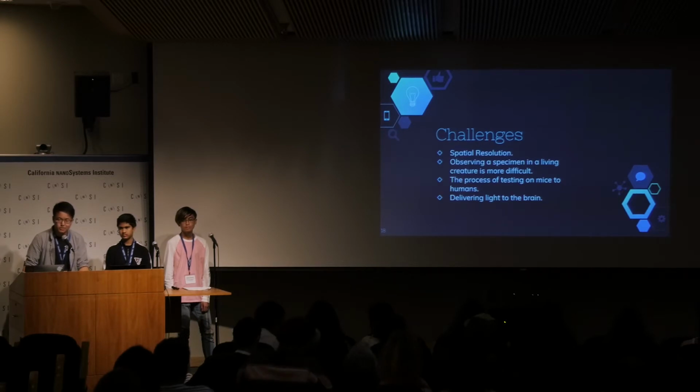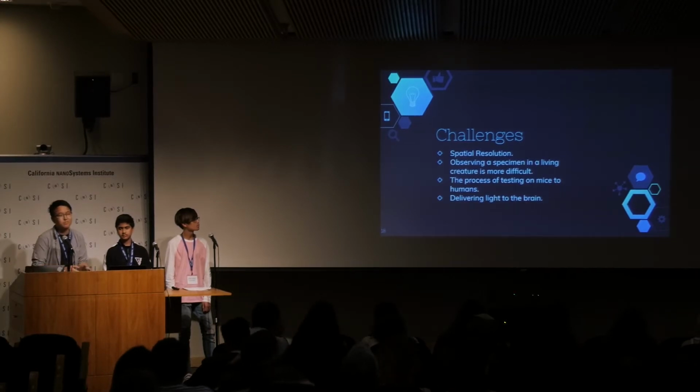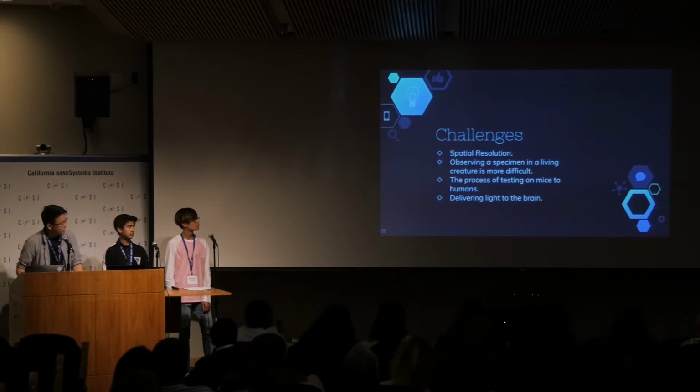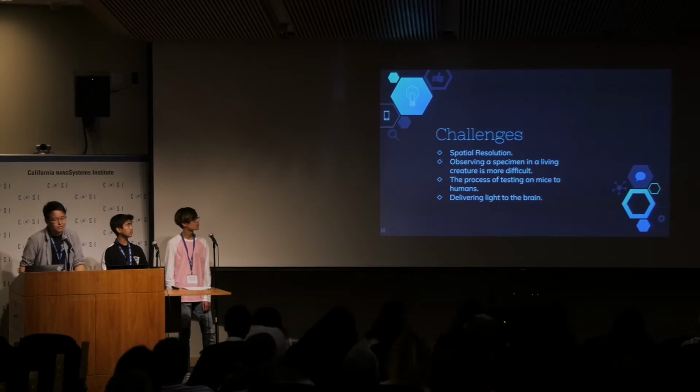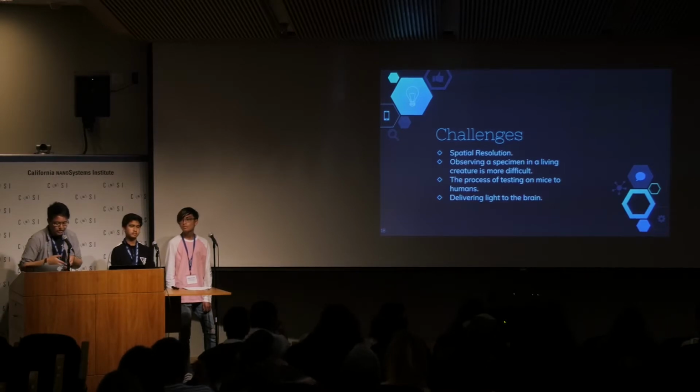As we all know, addiction is in living samples, so like humans, but at first we're going to be testing these examples in mice or other animals, because we cannot apply this technique to a human without testing it first. And also delivering light to the brain. As we all know, in microscopy we use several different techniques, and we usually input light into the brain so we can look carefully.